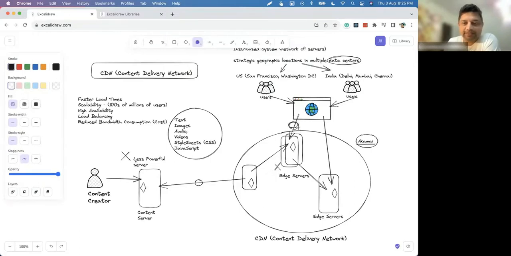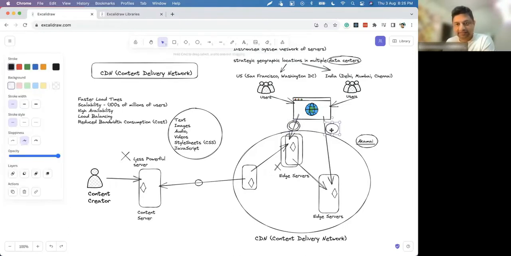Right? So let me draw a double circle here just to indicate this is high bandwidth. This is high bandwidth because many users will be getting the content here. So these CDN servers should be able to deal with a lot of network traffic, but you don't have to, because you are just connecting to one server, which is checking: is there any update on this content? If any update is there, then this update is provided to the CDN network and all edge servers are updated with the latest content.